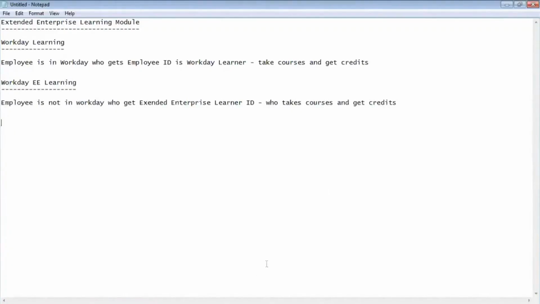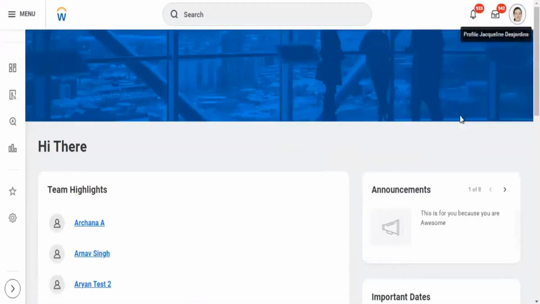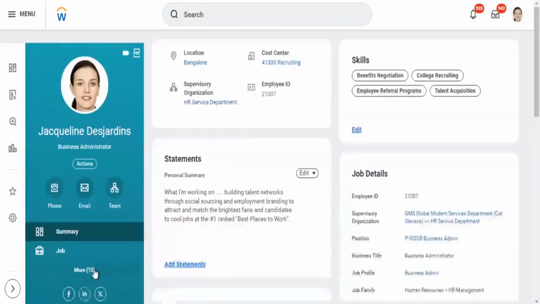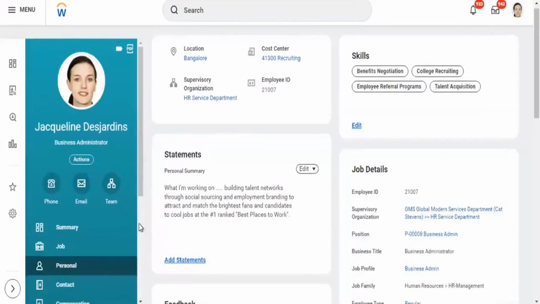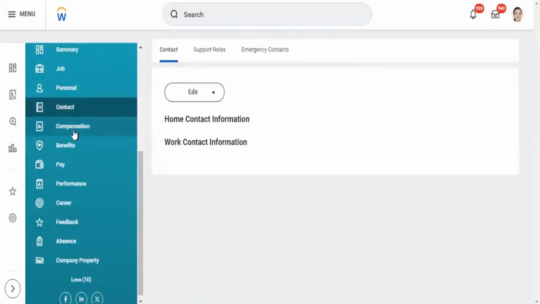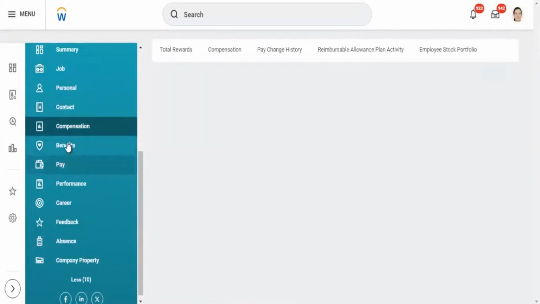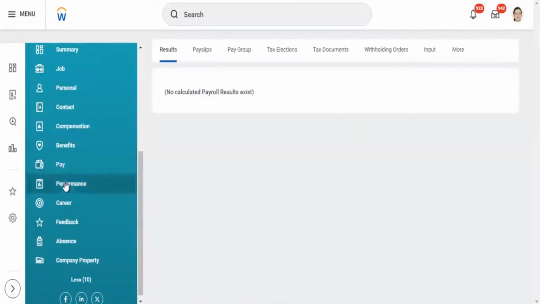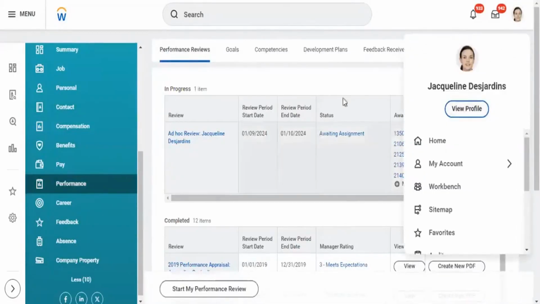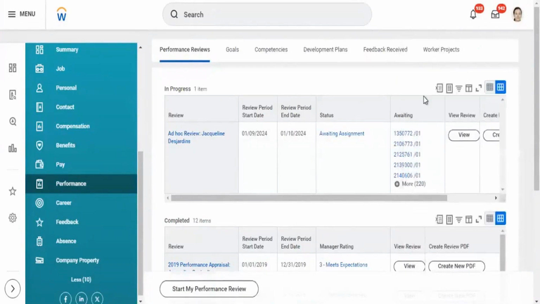If you're seeing my screen, when I go to the employee profile, I can see all the information: employee contact information, benefits, payroll, performance. This employee, Jacqueline, is able to see all this because she's an employee in the Workday system.